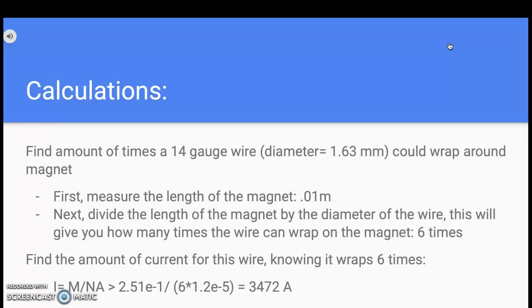So that's the thickness of the wire over the length of the magnet, and see how many times that wire can fit. You should get 6 times. So now that we know that this wire can wrap around our magnet 6 times, you're going to use N equals 6, do the same thing as before, and find the new current for this wire that wraps around it, and it should be about